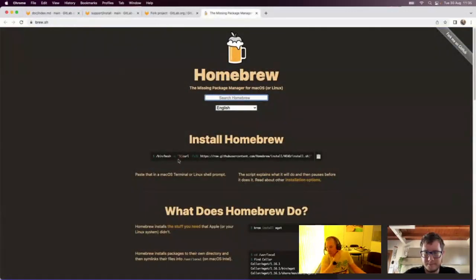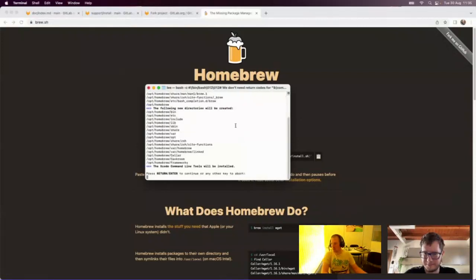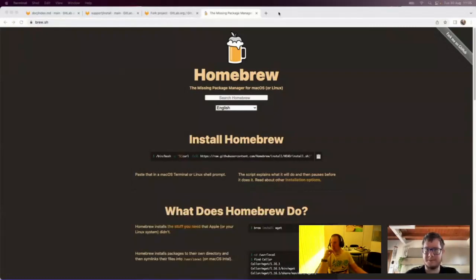Install it. Right, okay. Copy that to the clipboard, I guess. Nice terminal. Paste it in. Okay. Access. New directories will be created. Yes, happy with that. So while that's running,